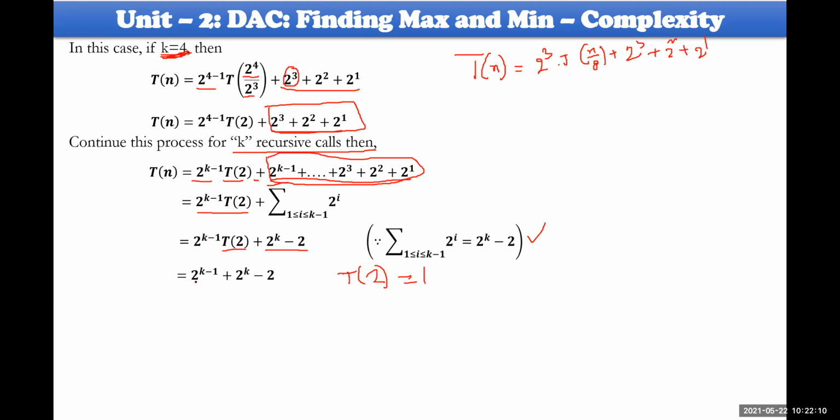Since it is 1, it is 2 power k minus 1 plus 2 power k minus 2. And let me write 2 power k minus 1 like this. 2 power k, so divided by 2. Will it be okay? Yes, it could be okay. Okay, 2 power k divided by 2. If you bring this particular 2 to the power, something like this,